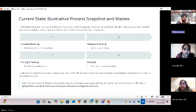Current state: process snapshot. This is a simplified, illustrative value stream map of general logistics operations, but it helps you see where the wastes we just talked about actually lie. At step 1, inbound receiving, we see waiting and lead time as trucks queue at the dock. At step 2,